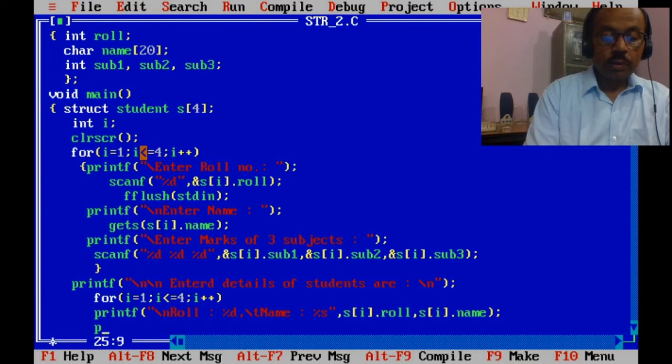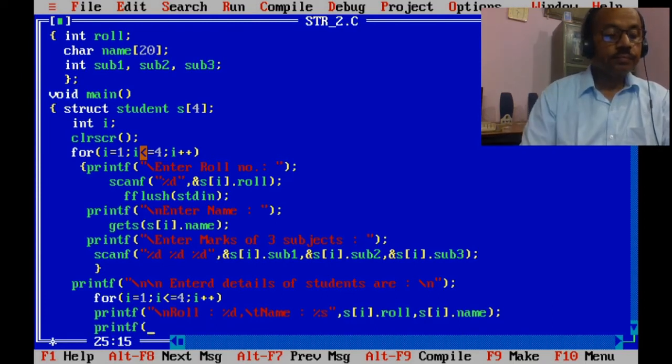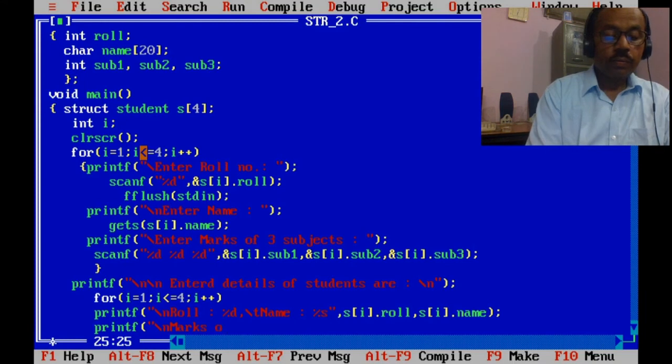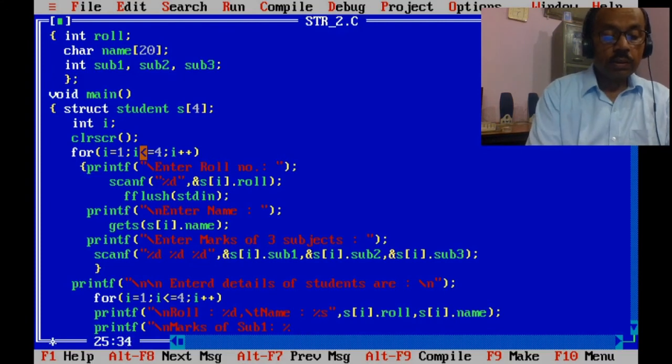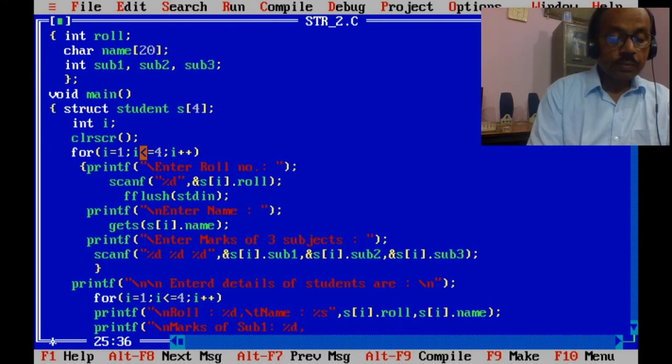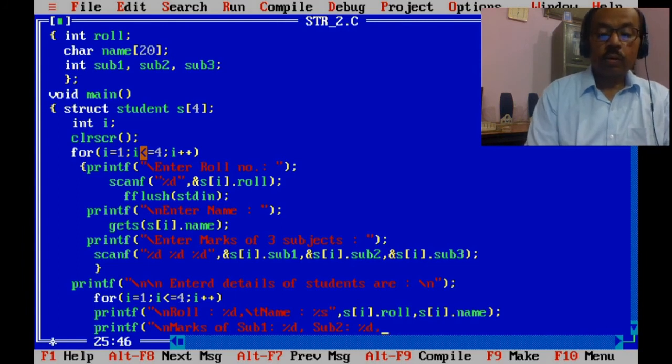The another statement, printf double quotes backslash n marks of subject 1 %d comma subject 2 %d comma subject 3 %d double quotes comma.